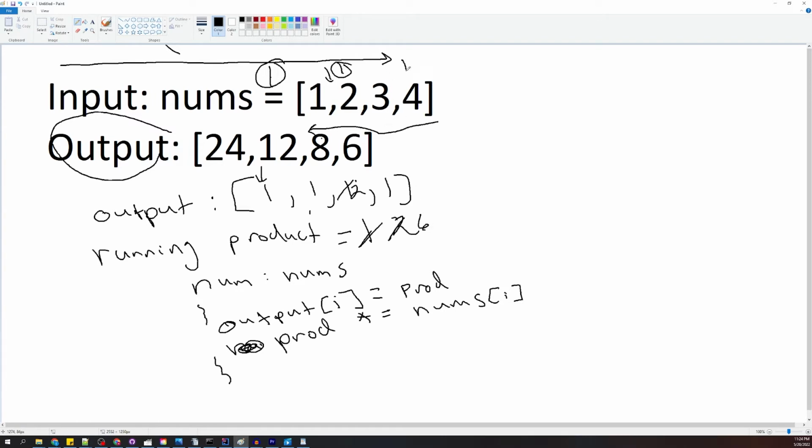Okay, and then we get to this 4, and nums at I right here becomes the running product, and then this becomes 24, but it doesn't matter. We are at the end of the array. So in this first pass, we have 1, 1, 2, 6. And then in the second pass,